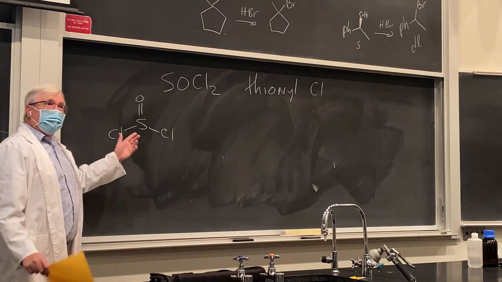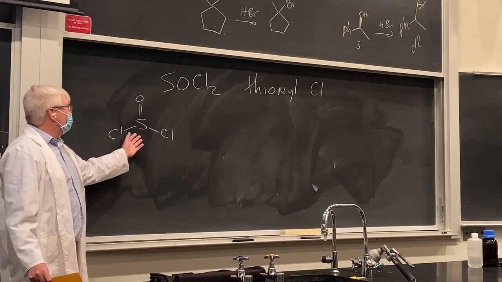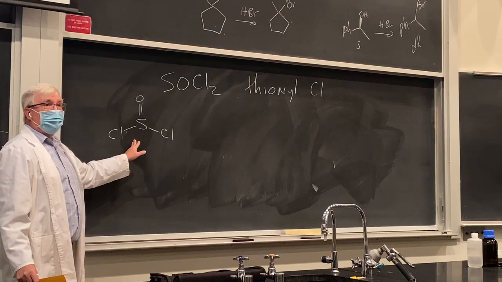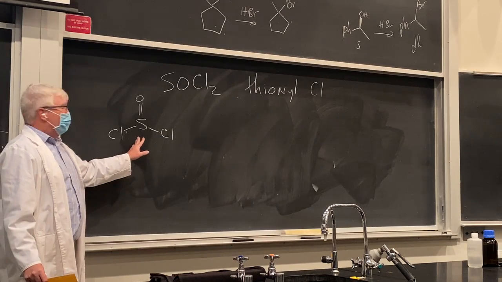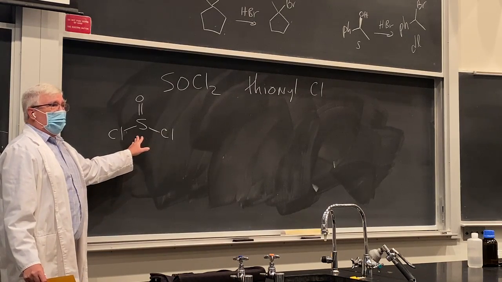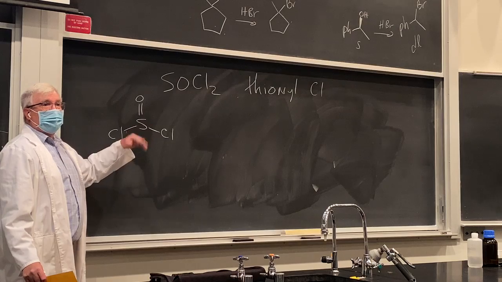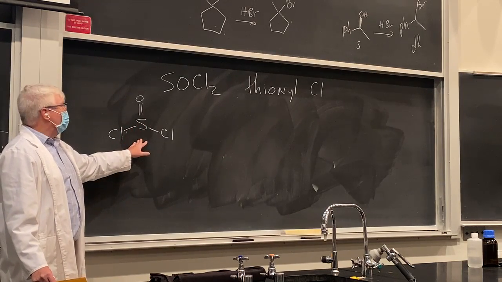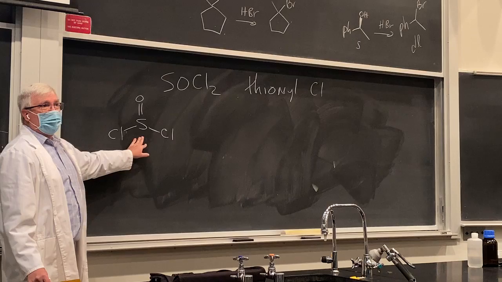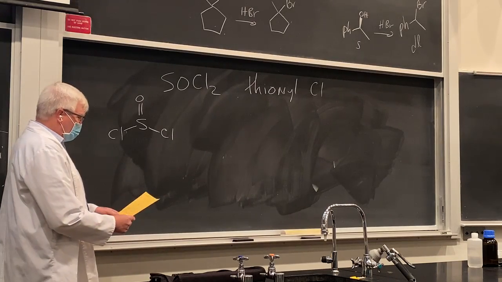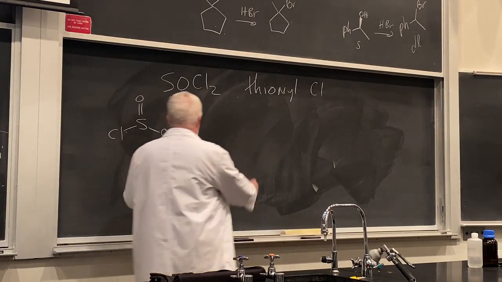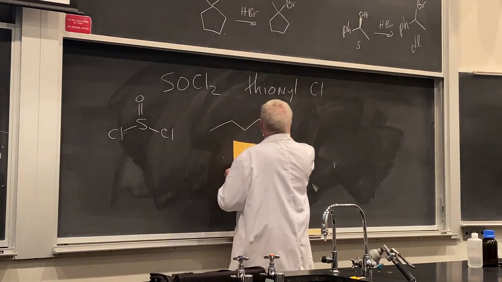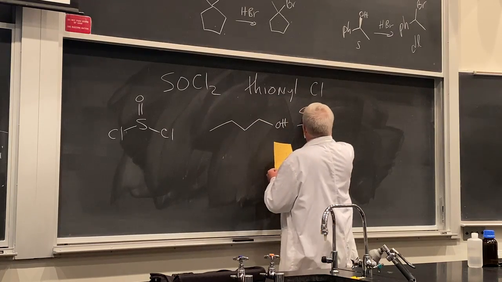But it is mild, at least reactivity-wise. There's no strong acid if you keep water away from it. So in that way, it's more mild on the rest of the molecule. If you have an acid-sensitive group or something in your molecule that can't tolerate strong acid, thionyl chloride's the way to go. So let's see, if you have a primary alcohol here with thionyl chloride,